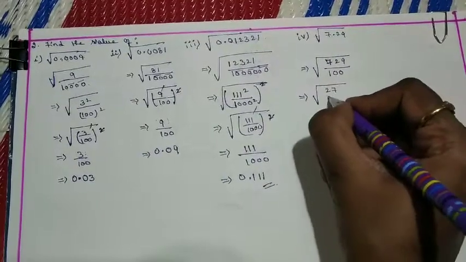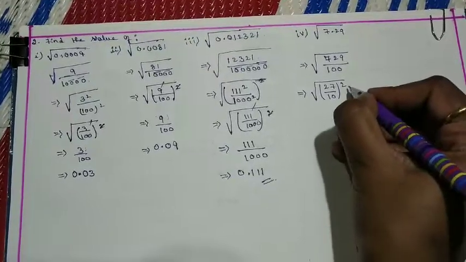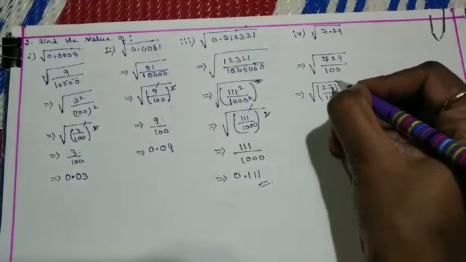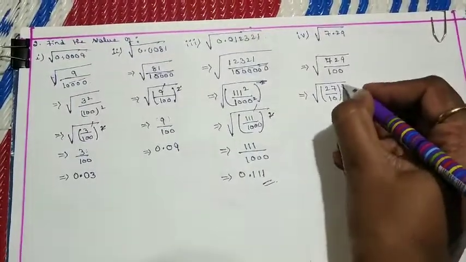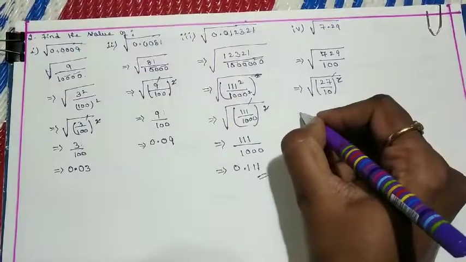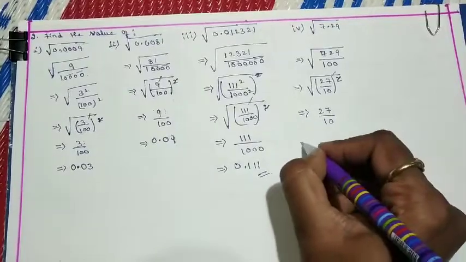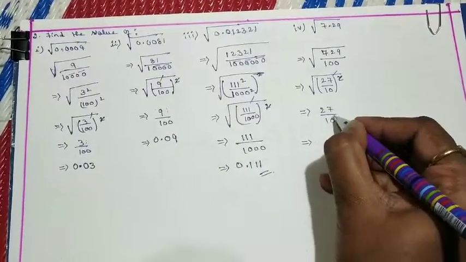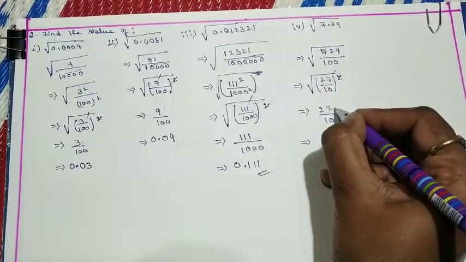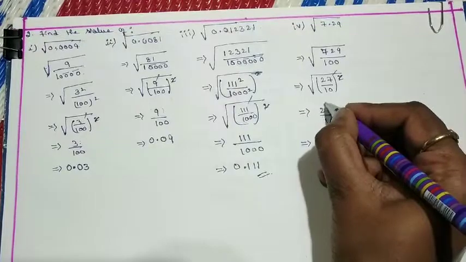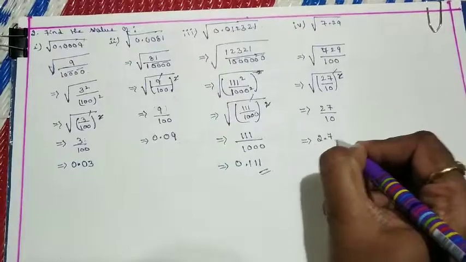And 100 is nothing but 10 square, right? So I can write 27 by 10 whole square, or you can write 27 square divided by 10 square. In the next step you can write 27 by 10 whole square. Now square and square root get cancelled. Then the resulting answer is 27 by 10. And converting into the form of a decimal, we have a single zero in the denominator. So the point in a whole number will always lie at the end of the number. So it will shift from right to left after 1 digit. Therefore the final answer is 2.7.